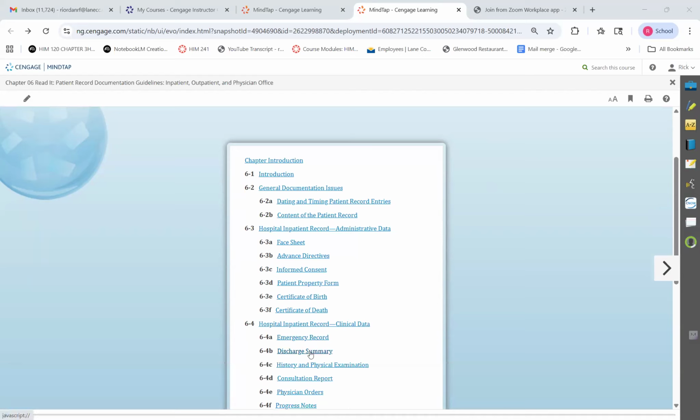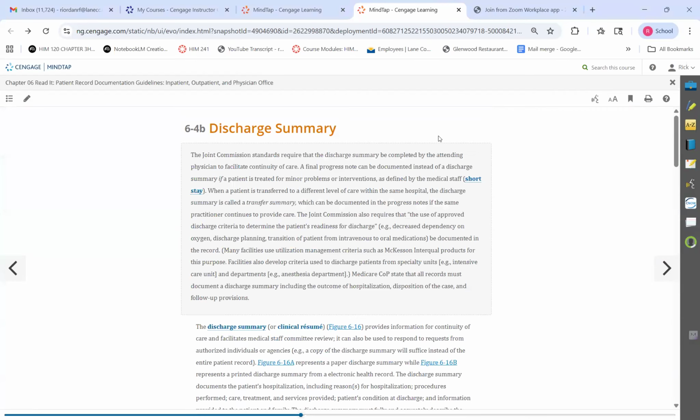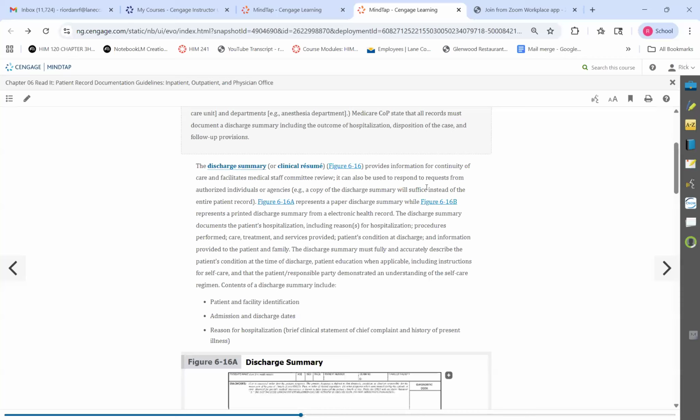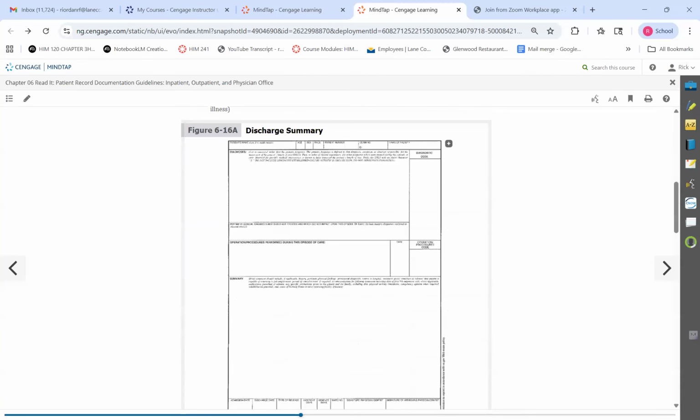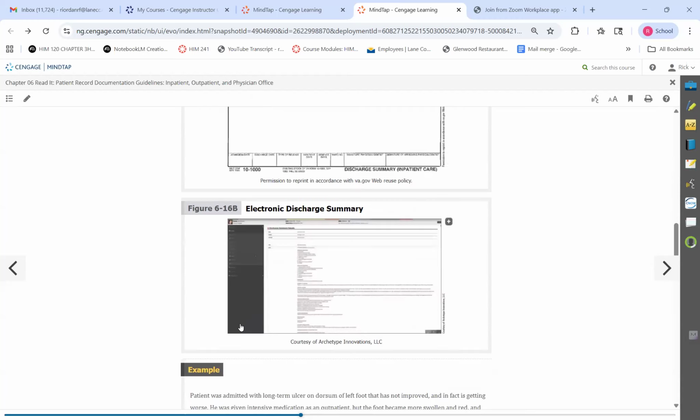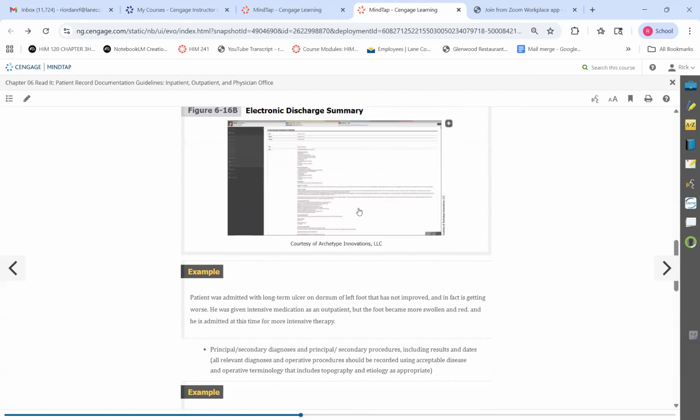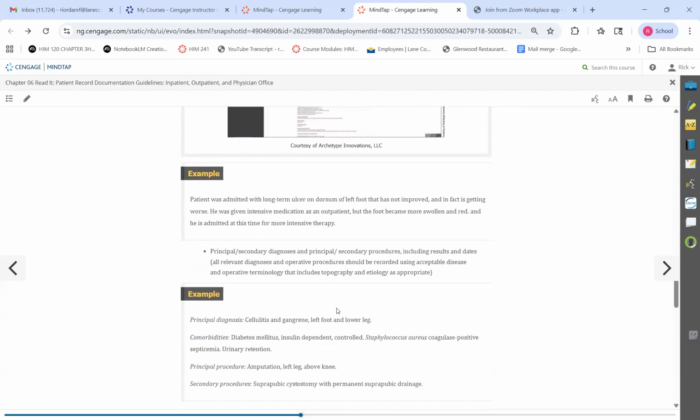So I'm just going to take the discharge summary. And it will describe it. And then they give you an example, right? And this is a little bit small here on my recording, but I think you can adjust your screen so you can understand the content of it, right? And they'll talk about electronic versus paper. And then pay especially close attention to